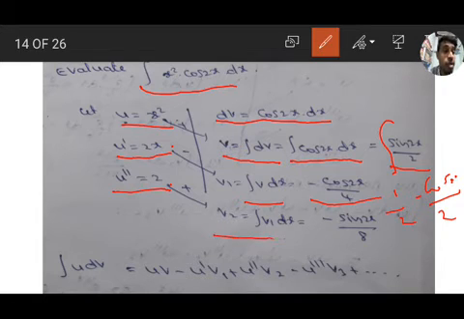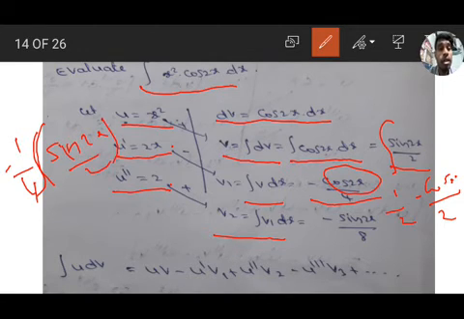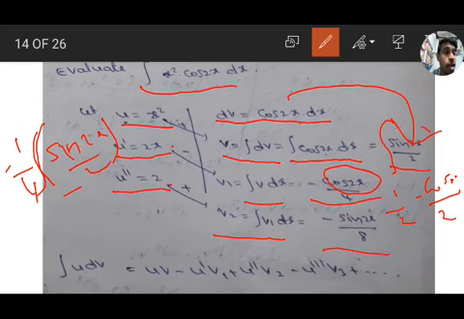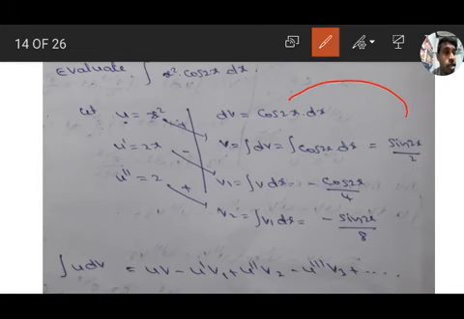So next v2, that is the integration of v1 dx, which is the integration of minus cos 2x by 4. Minus 1 by 4 is outside, and the integration of cos 2x is sin 2x by 2, that is 4 into 2 is 8, minus sin 2x by 8. Successive integrations: cos 2x integration is sin 2x by 2, sin 2x by 2 integration is minus cos 2x by 4, and minus cos 2x by 4 integration is minus sin 2x by 8. Okay, successive, its integration is this one, and this integration is this one.